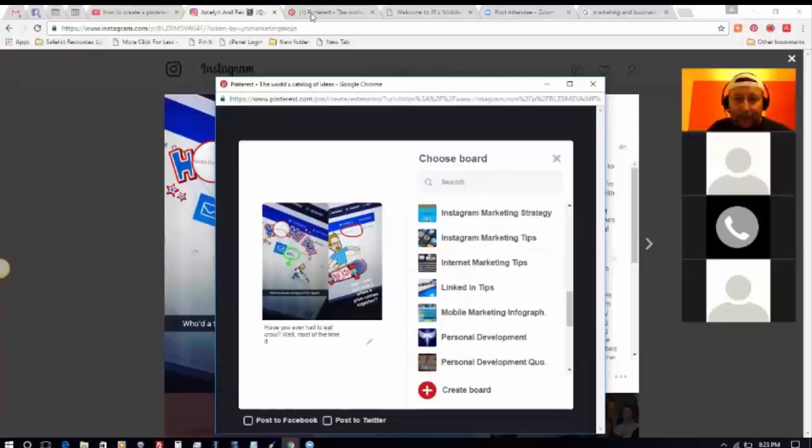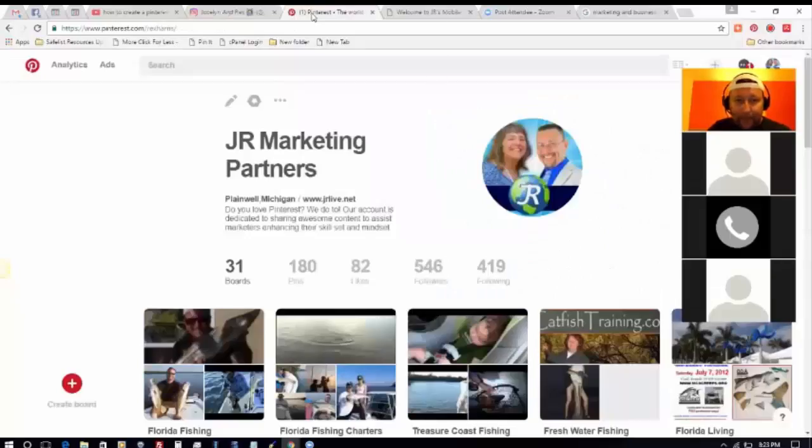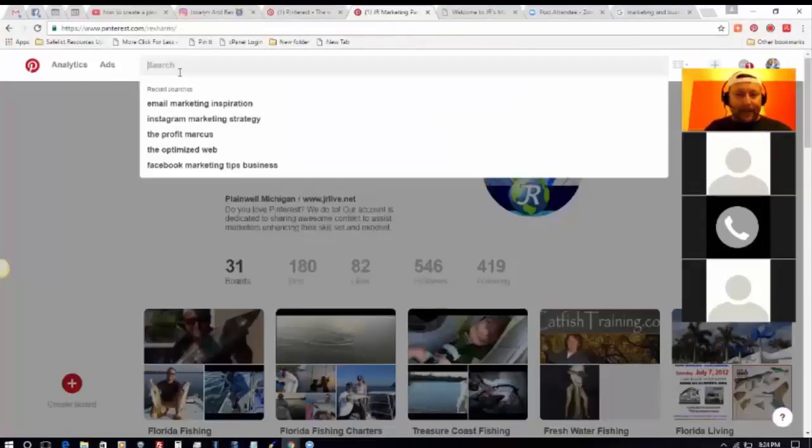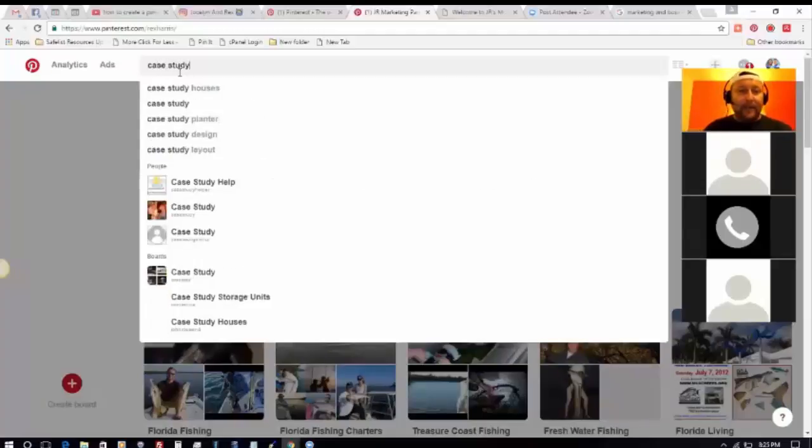Okay, so now what I'm going to do is go back to Pinterest. I'm actually going to create a duplicate tab there because this is like a documented result. What I want to do is find a key phrase that's the best match for what the image represents, a documented result. The key phrase that pops into my mind when it comes to that is case study. I'm going to start with case study and see what comes up.